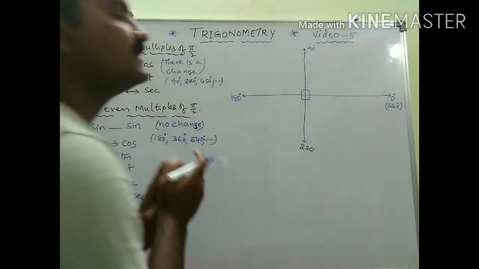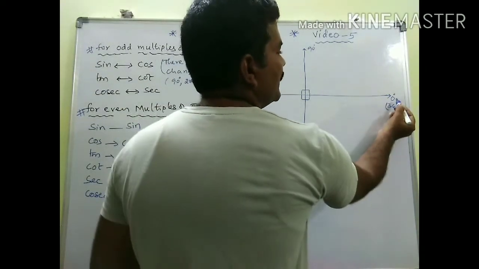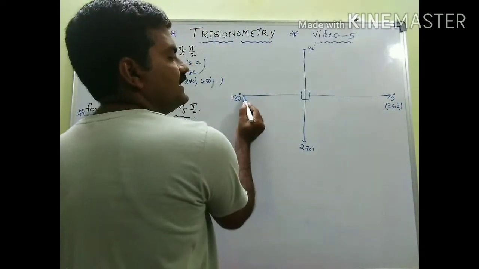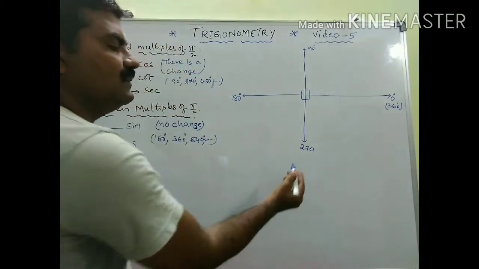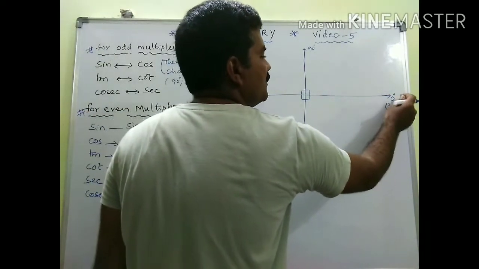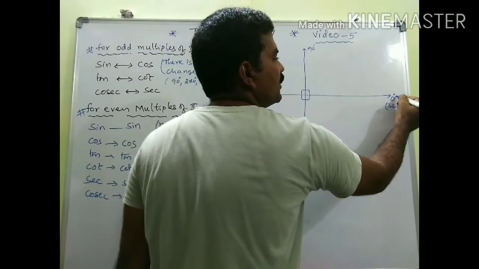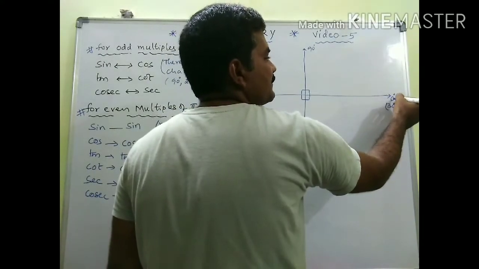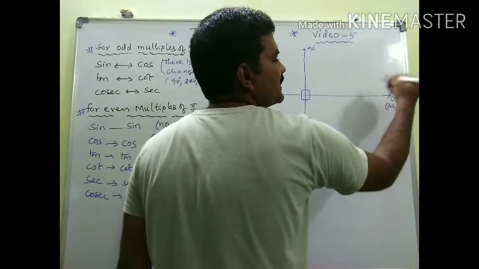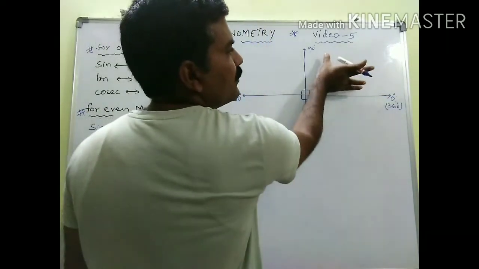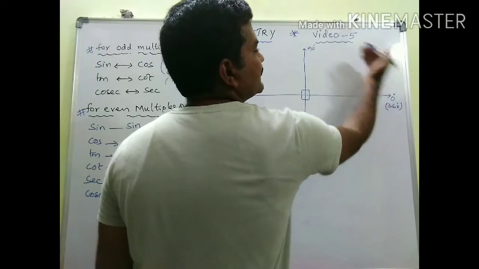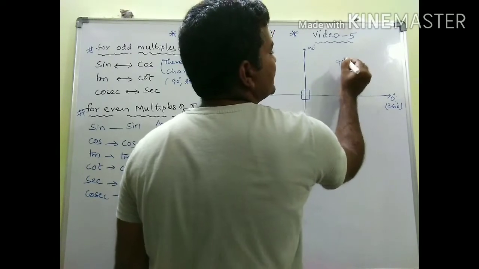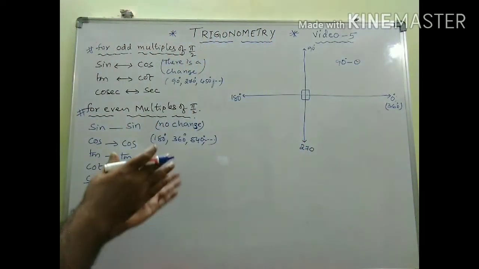Now coming to the quadrants. You see here. Begin your angle with 0 degrees, followed by 90, and then plus 90 is 180, plus 90 is 270, and 270 plus 90 means once again 0, and this is nothing but 360 degrees. You can also treat it as 360. After completion of one rotation, started here, that's why 0, and after completion of rotation 0 now becomes 360 degrees. Now look at this angle. It is 0 to 90, isn't it? So 0 to 90, I can write it as 90 degrees minus theta. Below 90 means 90 minus theta.